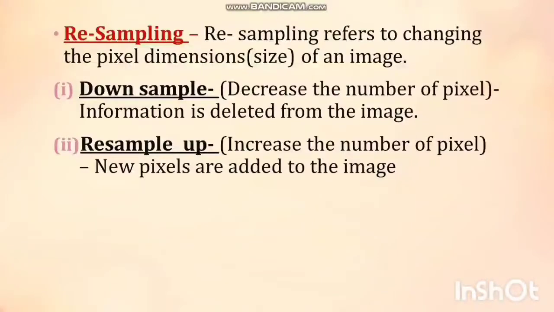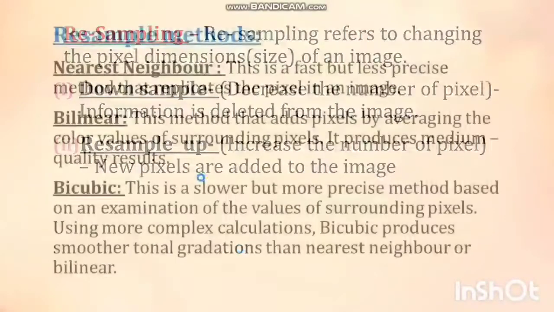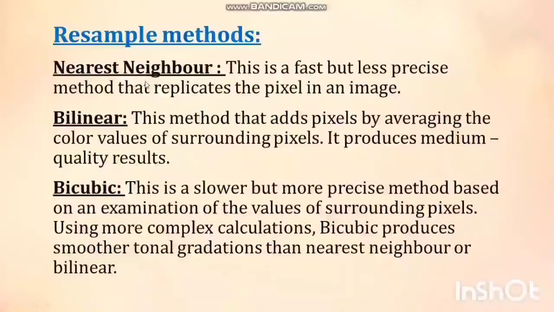So when you add new pixels, the color it has to choose and how it is going to apply those colors is very important, because if the coloring is not proper, the image clarity will get disturbed. So the resampling method, the one I showed you at the bottom area in Photoshop, where there was a bicubic option, these are the options you have to choose from. I'll just show you practically how it works.